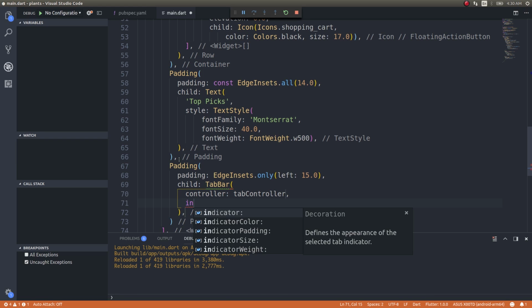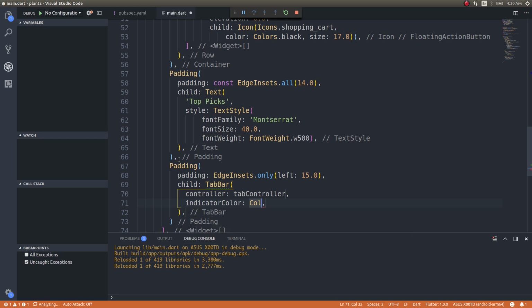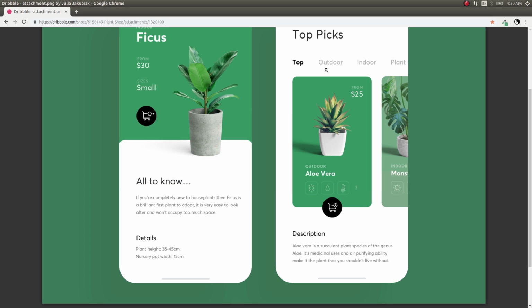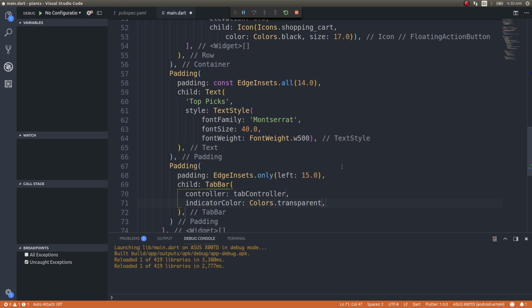and indicator color, this should be colors.transparent. Why should this be colors.transparent? Because that's how it was in our design spec, right? As you can see here, there is no indicator. Colors.transparent, and label color obviously will be colors.black, and